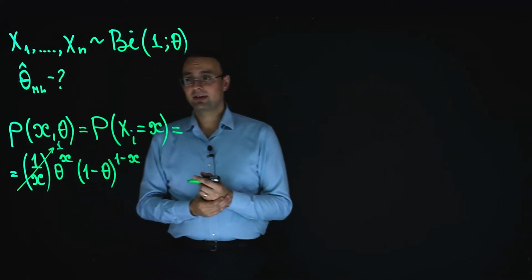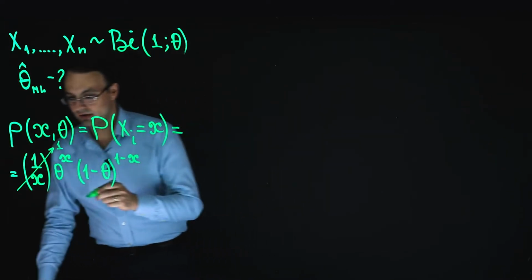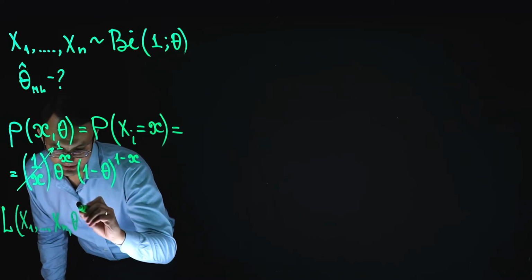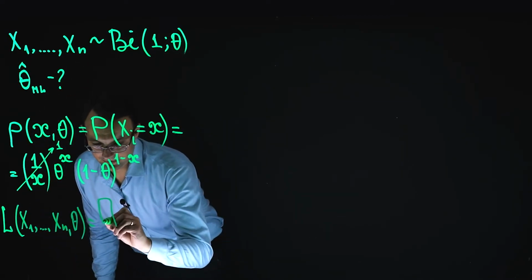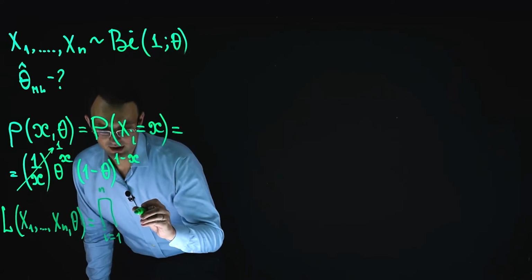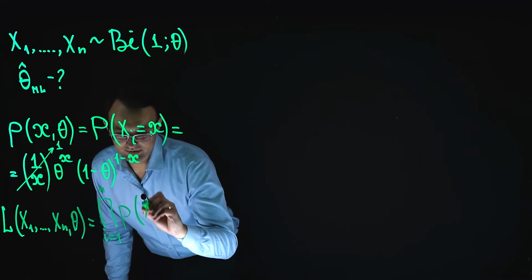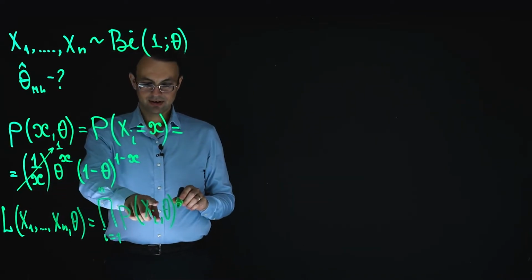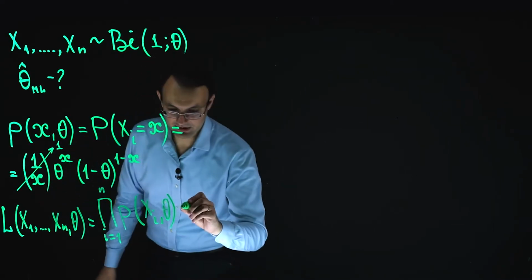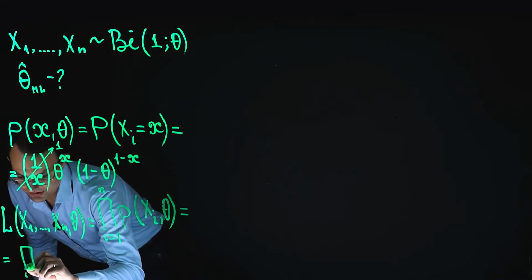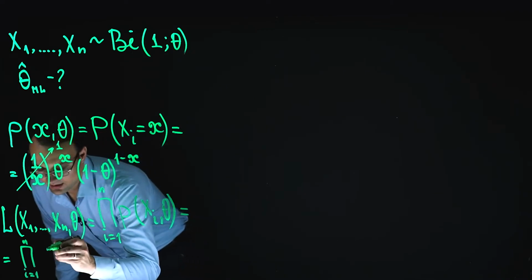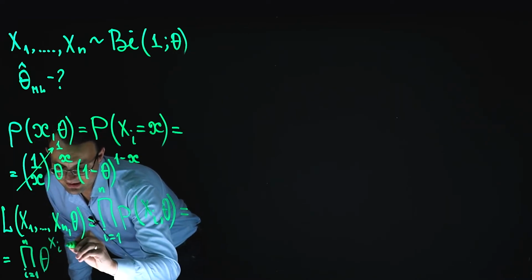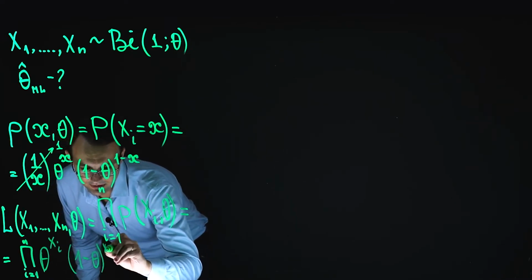What is next? Next step is to evaluate the likelihood function. So likelihood function of x1, xn, and theta is, according to the general formula, product for i from 1 to n of small p of xi theta. So what I am to do is to substitute capital Xi for small x in this formula. So it will be product for i from 1 to n, not small p, and now I have theta to the power xi times 1 minus theta to the power of